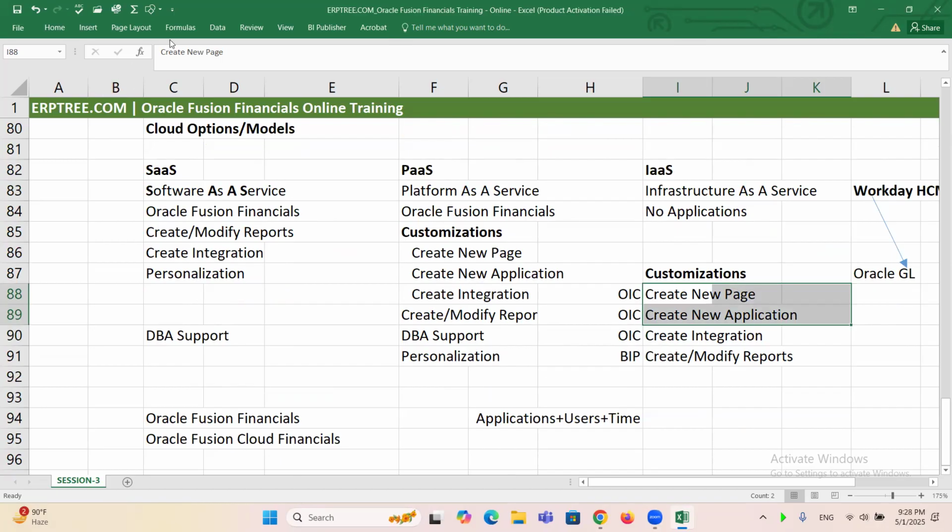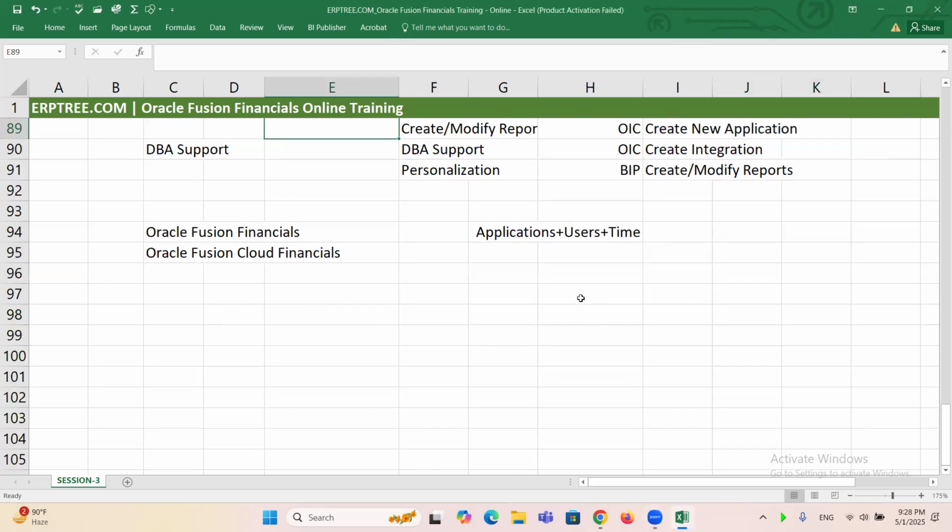Sir, if I may ask, what will be the roles and responsibilities of the functional consultant on the job? We'll understand, but very high level, a simple point. Like I mentioned, in the 15 hours of real-time classes, there I clearly explain at detail level, but very high level: you take the requirement from the client. You provide the solution. With that solution, you set up the system